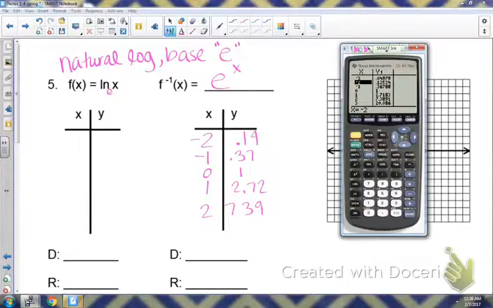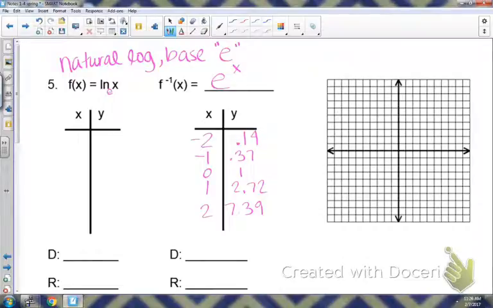To find the natural log of x, you can just flip those points. So that would be 0.14, -2, 0.37, -1, 1, 0,